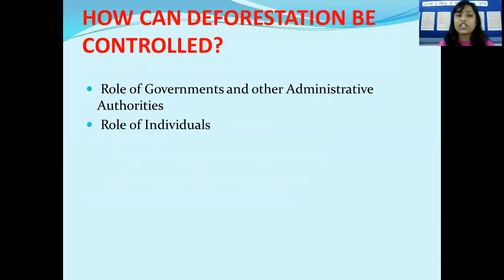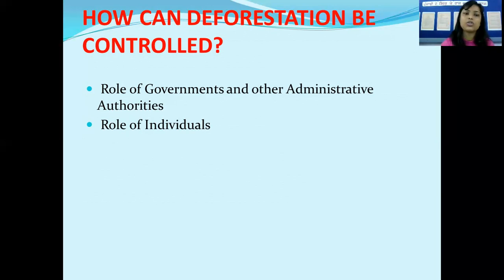Now, how can it be controlled? So here comes the role of the governments, other administrative authorities, and the role of individuals. How does the role of government play in? See, the government has to ensure that the forests are being protected, that there is no poaching, no illegal cutting down of the forest. Even if the forests are being cut, double the number of trees should be planted, because governments are the authority, and they have to take several steps,